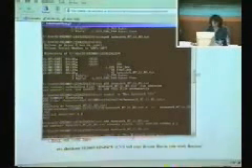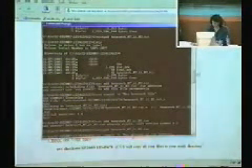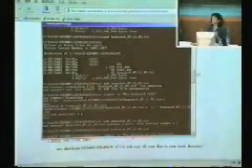Now I didn't talk about what this -m is. This is what's called a log comment. It's basically, it goes into the history